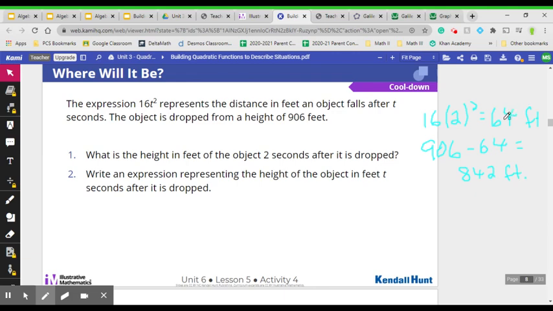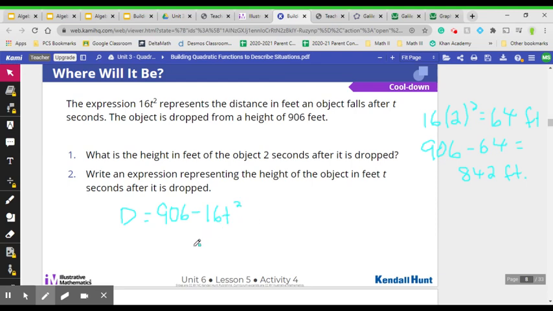It went 64 feet, and it dropped 64 feet out of that 906. So basically, if I wanted the height of the object to give me 842, I know I would have to start out with 906, and it's going down by 16t